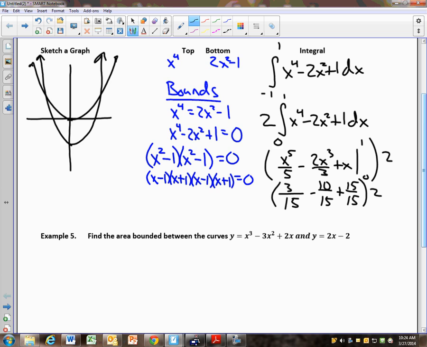So 3 minus 10 is -7, plus 15 is 8, doubled, and you get